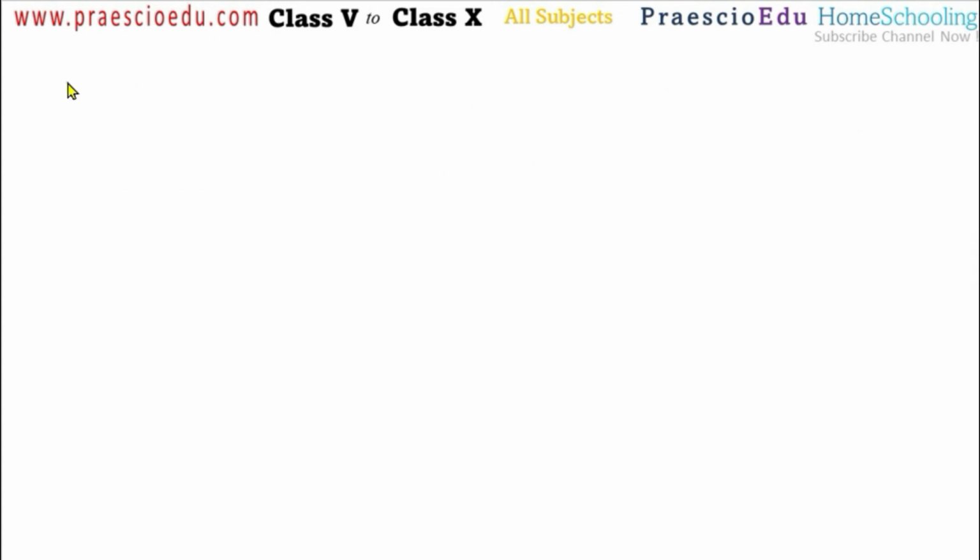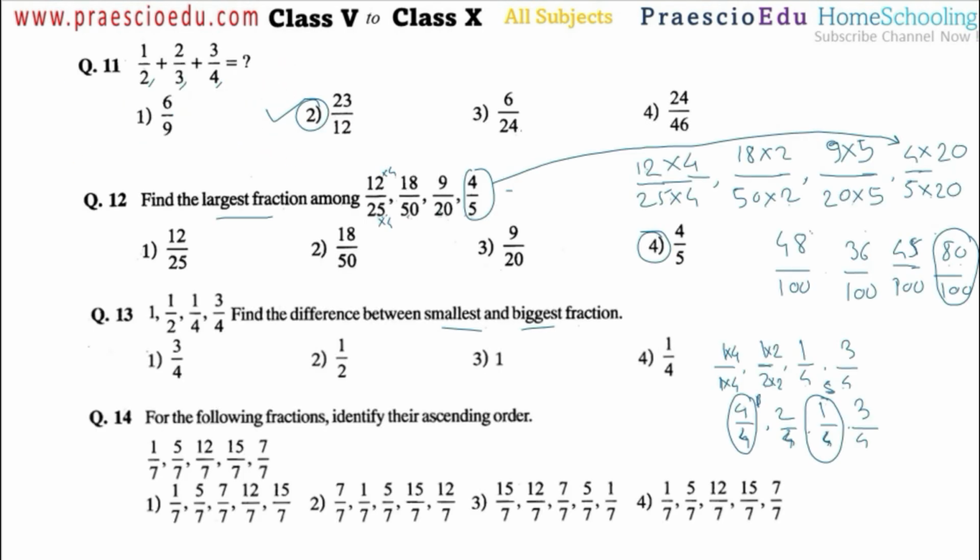So now 4 by 4 minus 1 by 4. This is the bigger, so that's why I kept this fraction here, and this is smaller, so that's why this is subtracted from the bigger one. Okay, so now the denominators are the same, so keep 4 as it is. Now 4 minus 1 means 3, and the denominator is the same, so 3 by 4, and this 3 by 4 is given in option number 1.